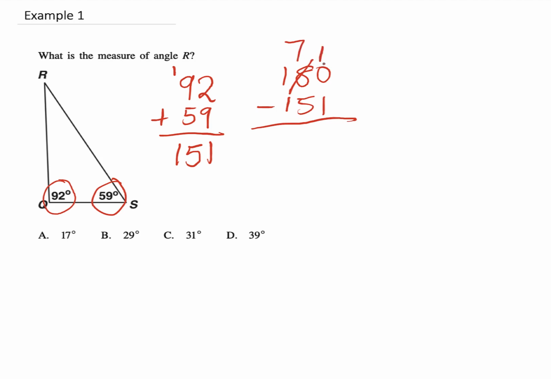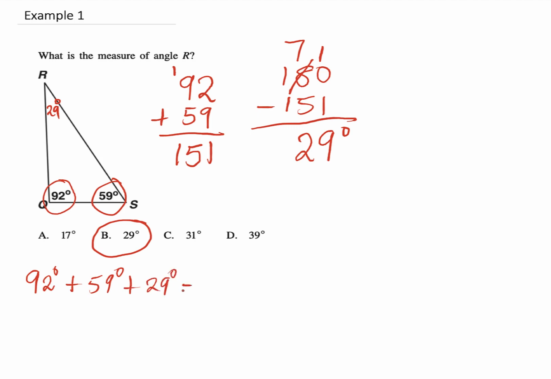If I borrow 1 from 10 is 9. 5 from 7 is 2. So angle R is 29 degrees. My answer is B. Remember, when you take 92 degrees, add it to 59 degrees, and then add 29 degrees, it should total